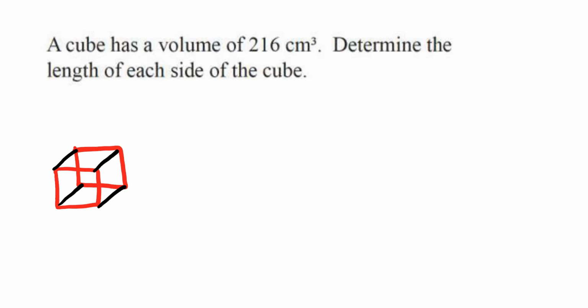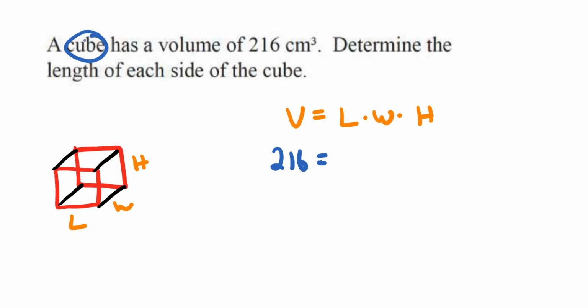And I know that the volume of a cube is the length times the width times the height, right? So volume equals length times width times the height, and the volume here is now 216. Now, when you have a cube, all sides are equal, so maybe we can just label all the sides x, right? So L becomes x, W becomes x, and H becomes x. So this will be x times x times x,